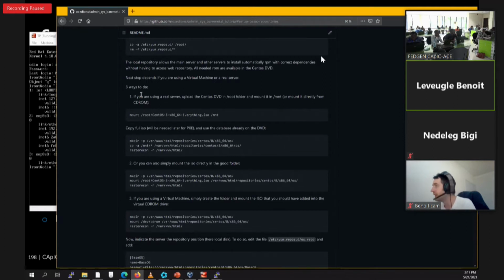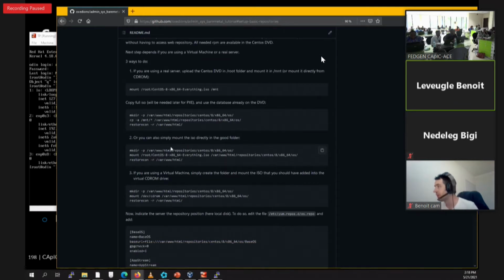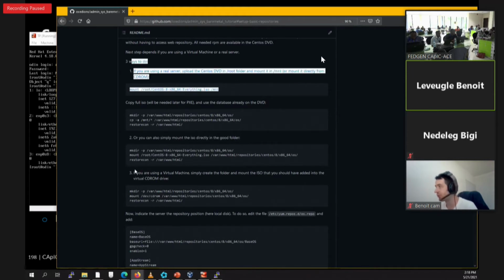Okay, that's all. So I wrote, you have 3 ways to mount it. Use way number 2 to mount the repositories. Simply mount the ISO directly to the good folder. Don't do way 1 or